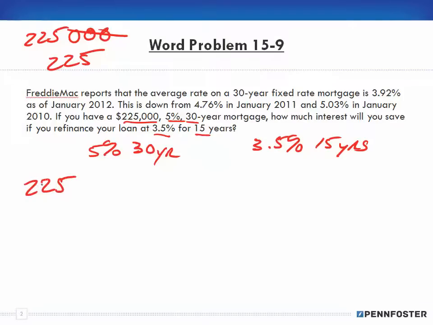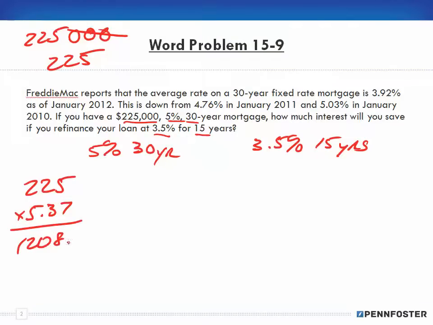So we have 225, and then when we look it up on the table, we're going to look under the 5% column, and then go down to the 30-year row and cross-reference that and get the factor of times 5.37, and this is going to give us our monthly payment, which is